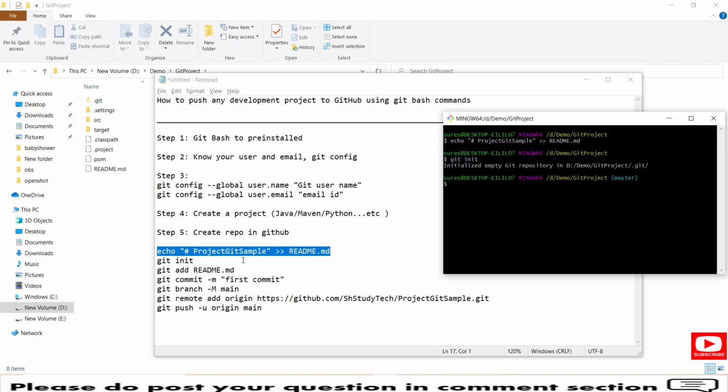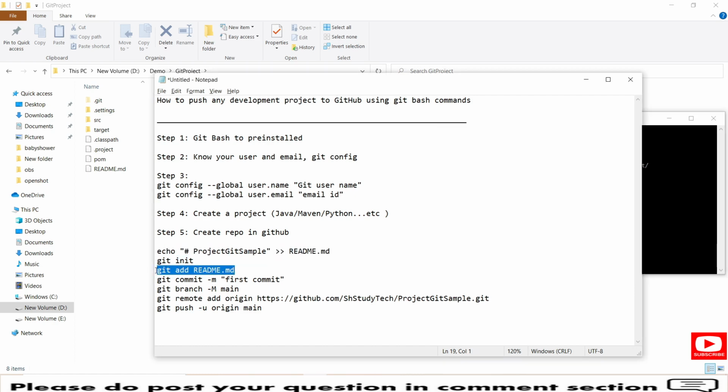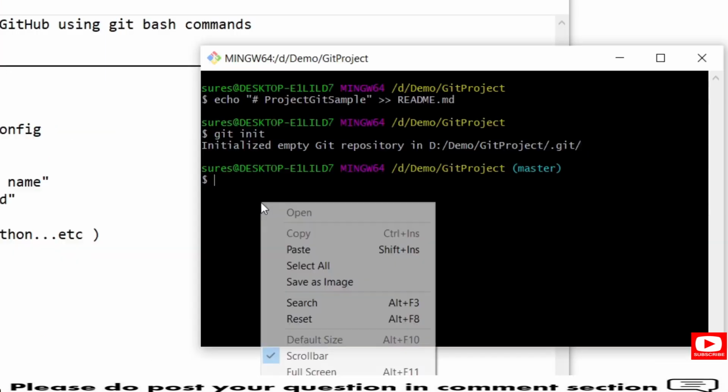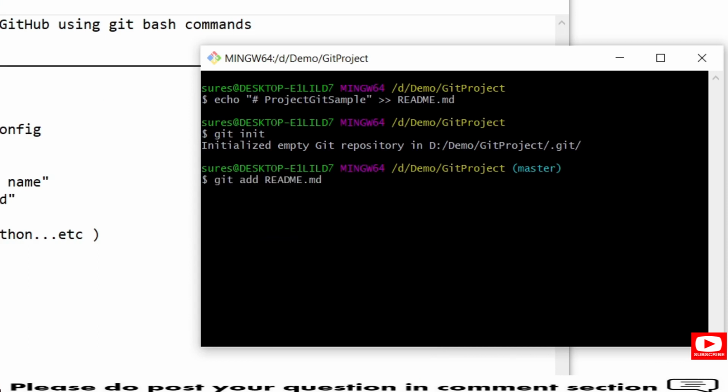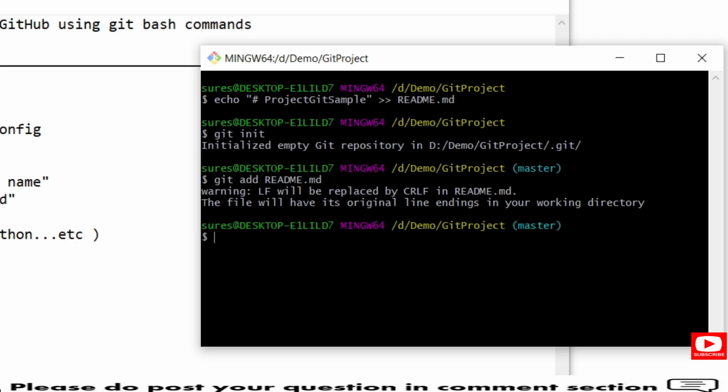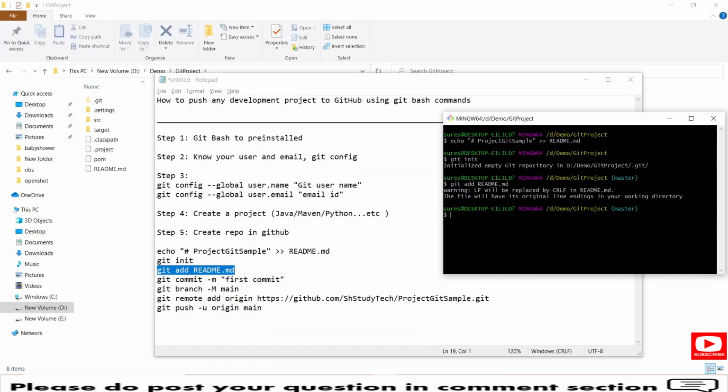And then after, you need to commit the readme file. So this is my readme file command. I wanted to add a readme file, so you can copy and paste this git add README. This will add the readme file into that git repository. And then you need to provide git commit -m "first commit", which says that you are making the first commit.